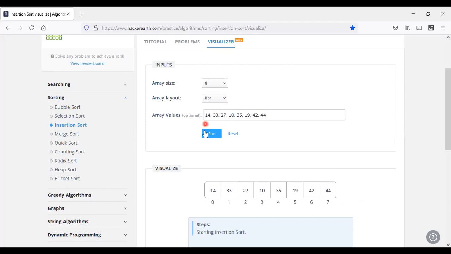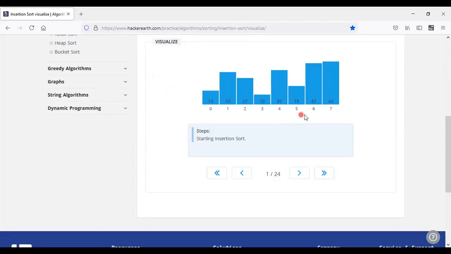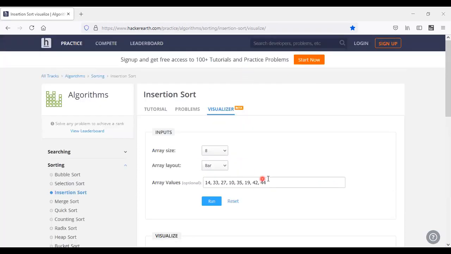If we are using the bar layout, it is represented like this, and we need to see whether the value is the highest or the lowest. The bar representation having the minimum plotted area can be taken as the minimum value, and the remaining will be taken as another value, whereas the highest will be taken as another one.